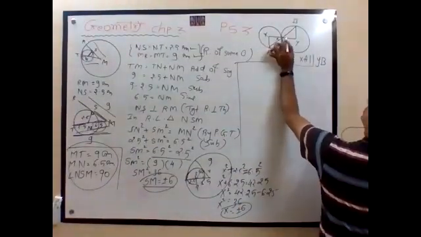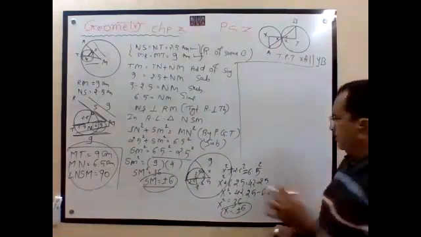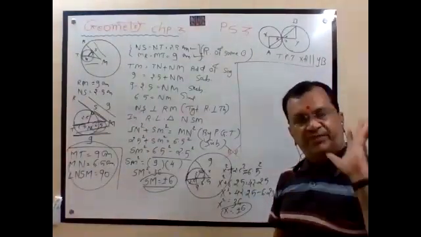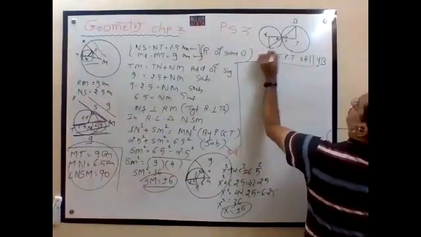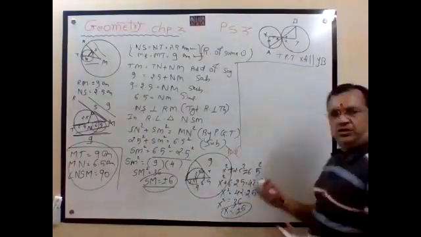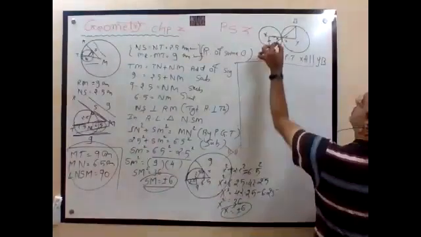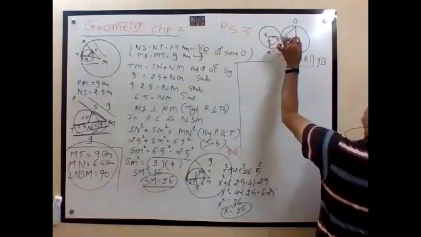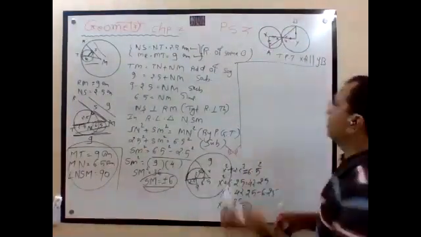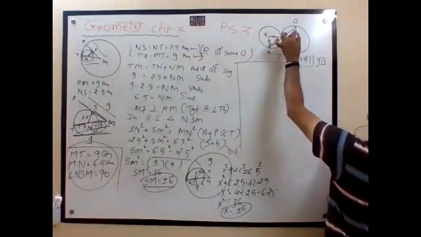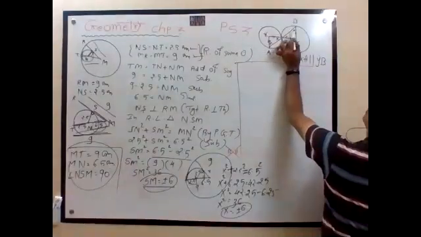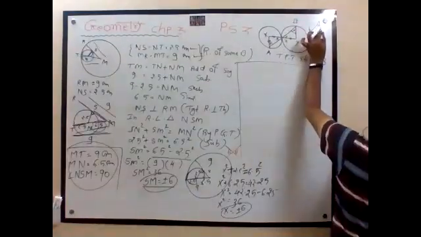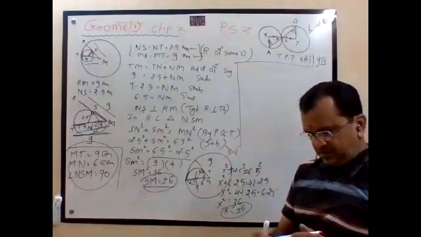This is X and X. Why? X is equal to X, vertically opposite. In this triangle, these are two radii, so this is an isosceles triangle. So this is equal to this. In this triangle, these and these are equal because it is an isosceles triangle. So again, this is equal to this. Now this is equal to this. So it is Z. X. These two are parallel, alternate.